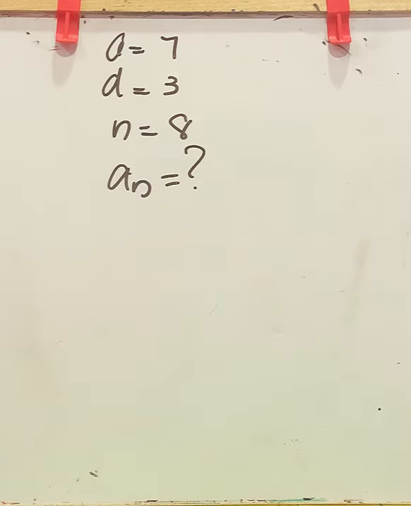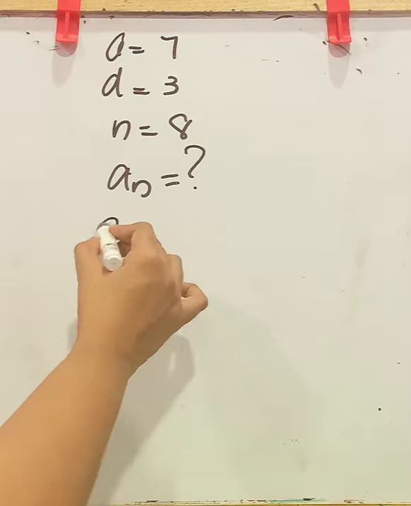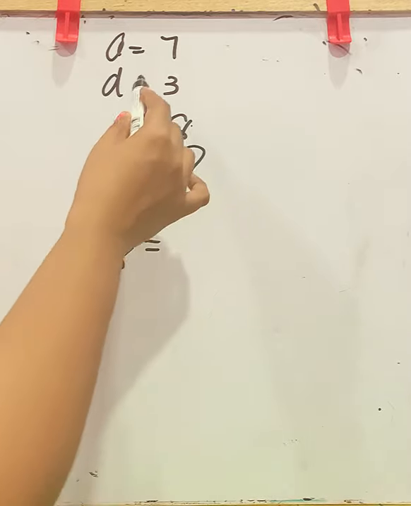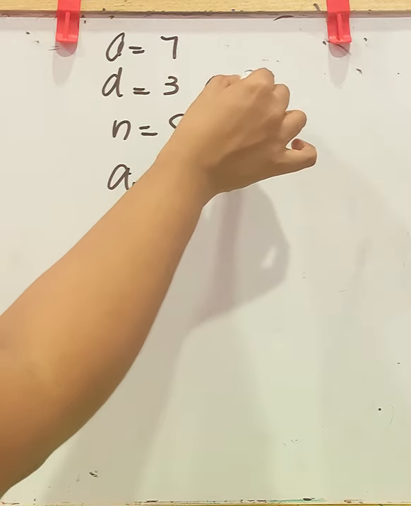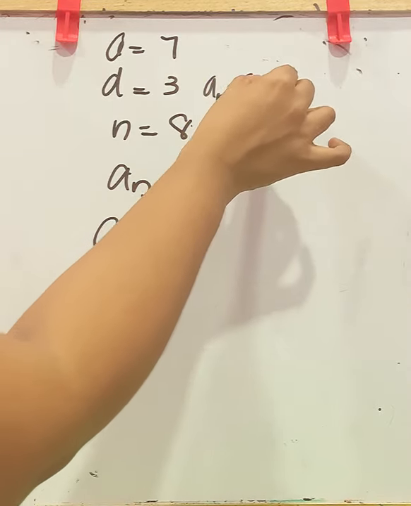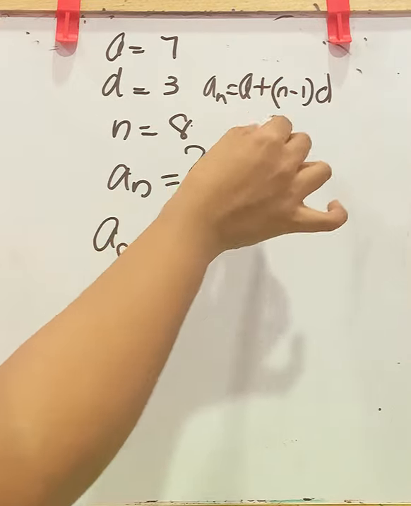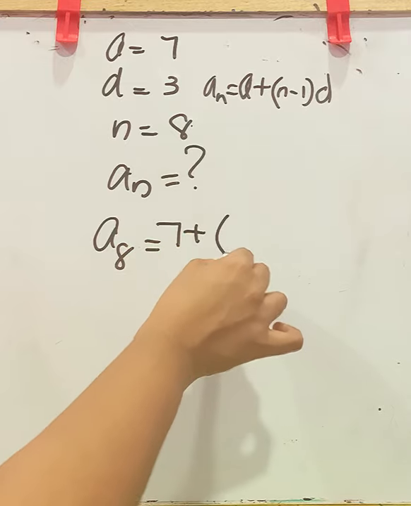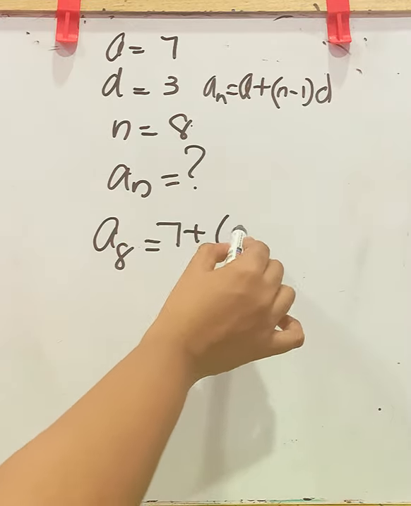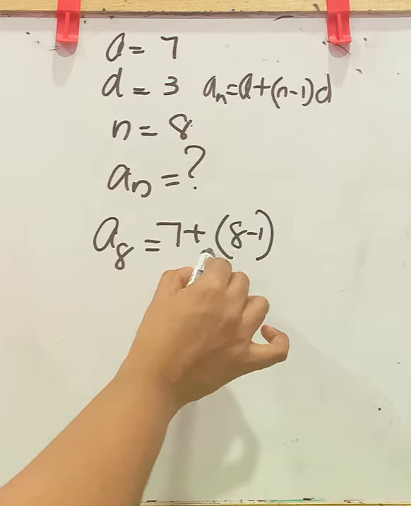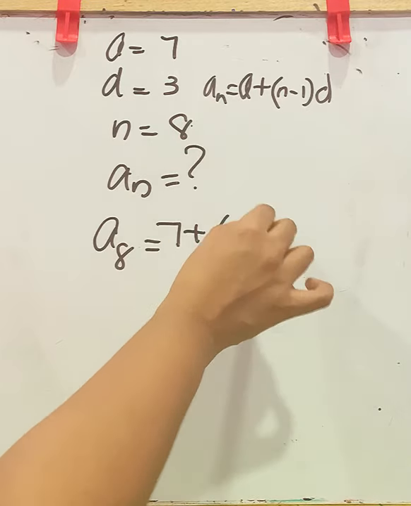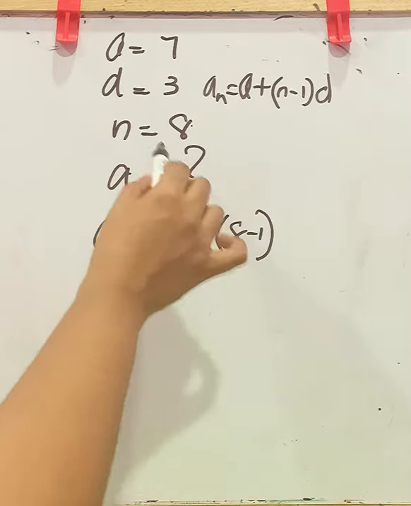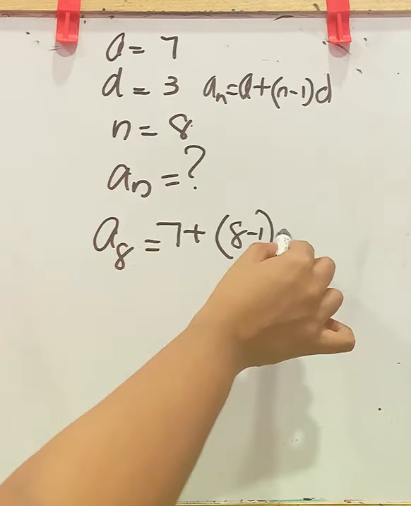So here n is 8. Then how will you write an? a8 equal to, n is 8 here. It is given in the question. So just apply in an equal to a1 plus, that is a plus (n minus 1) into d. Here a is 7, that is first term is 7, plus n minus 1. n is here 8, so 8 minus 1. Write it inside the bracket. Don't forget to put the bracket, or the whole answer will be wrong. So keep it inside the bracket. Now into d. d is 3 here.